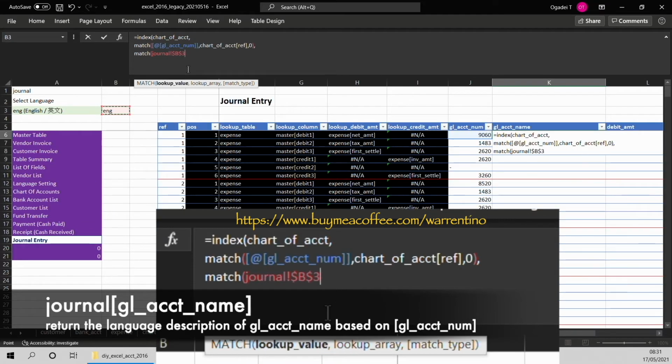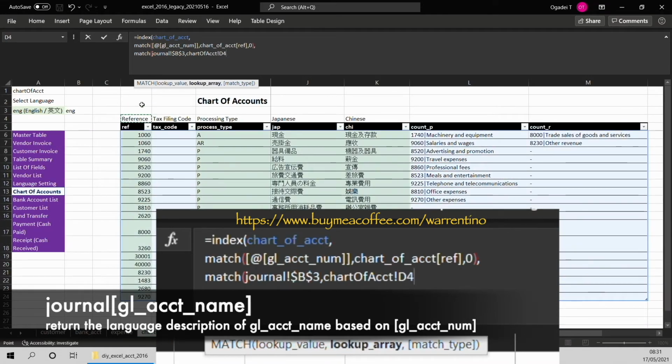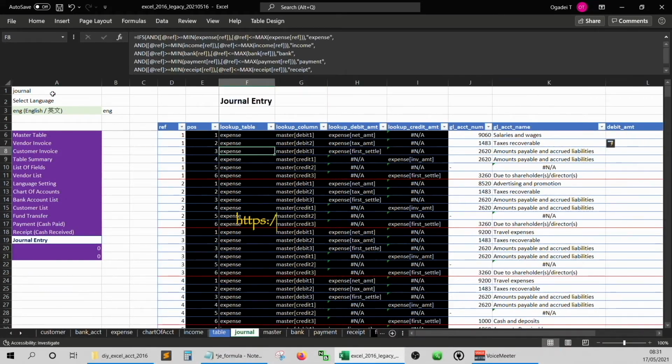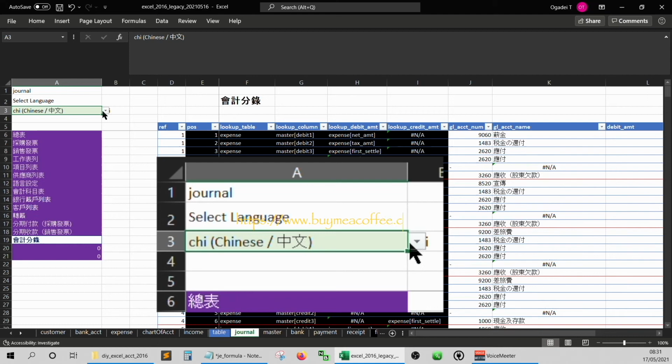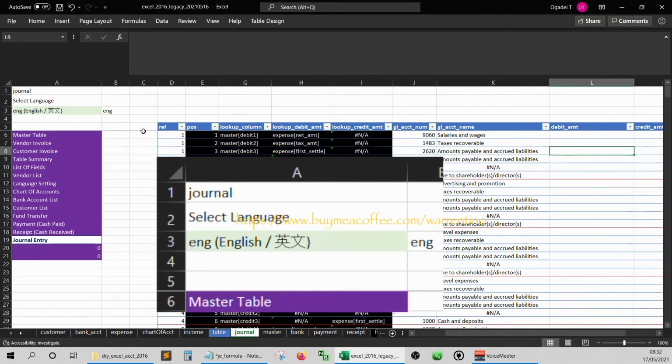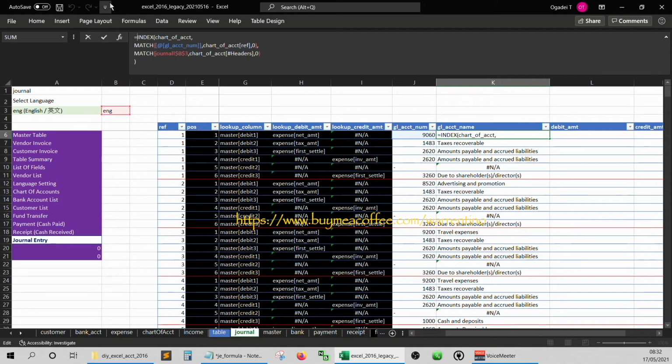We use the journal's language selection as the source language. Here I'm testing out different languages. Let me change the GL account name formula to get rid of the NAs.